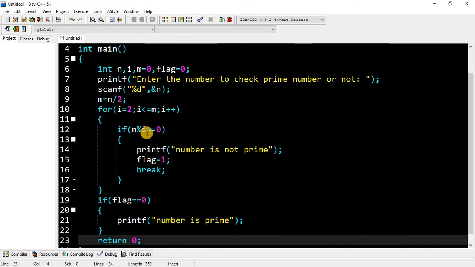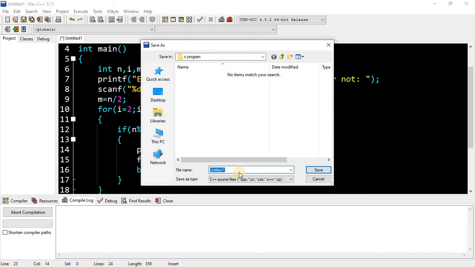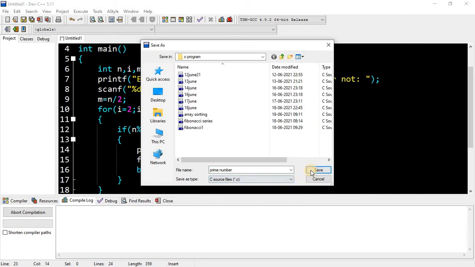Now my program has been successfully completed. Now I am going to compile and then run. Before compiling we need to save this program. So I am saving this program as prime number, with type C, then save.